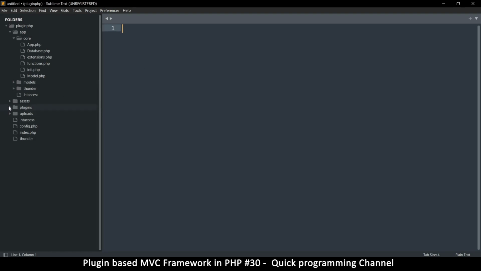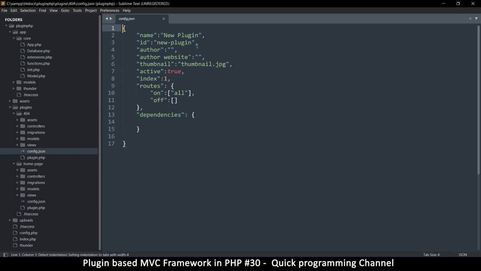So if I go to my plugin folder here, let's start with the home page, or even the 404. Let's go to the config here, and instead of new plugin, let's call it the page not found, like that. And then its ID could be, what can we use the ID here for? It could be 404, just like that. I think that's unique in its way,